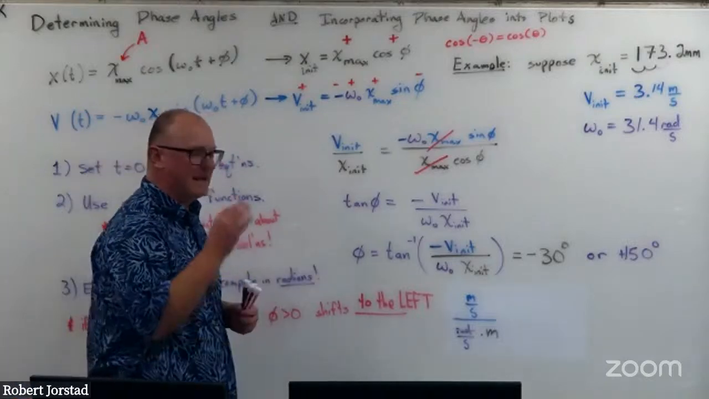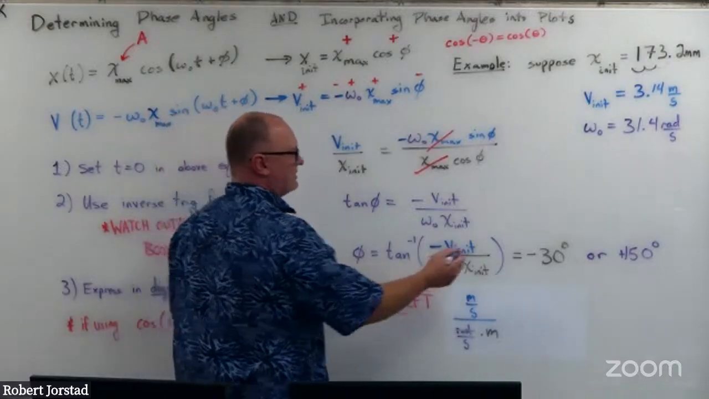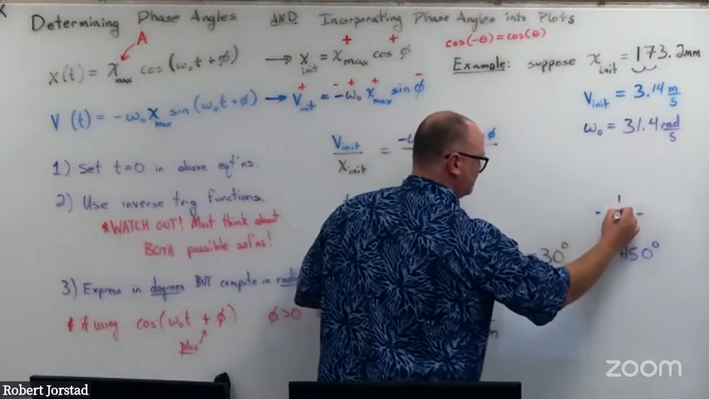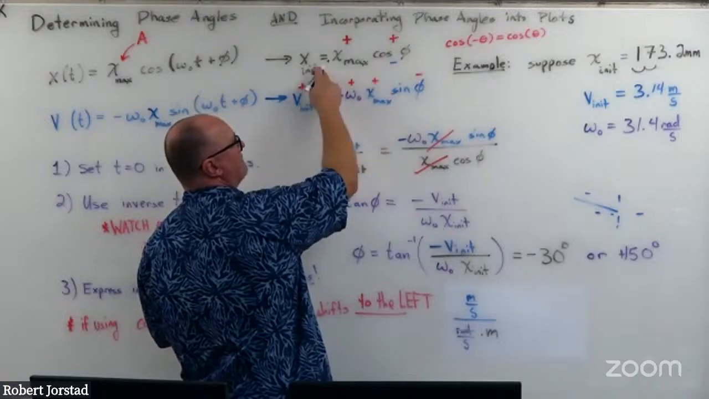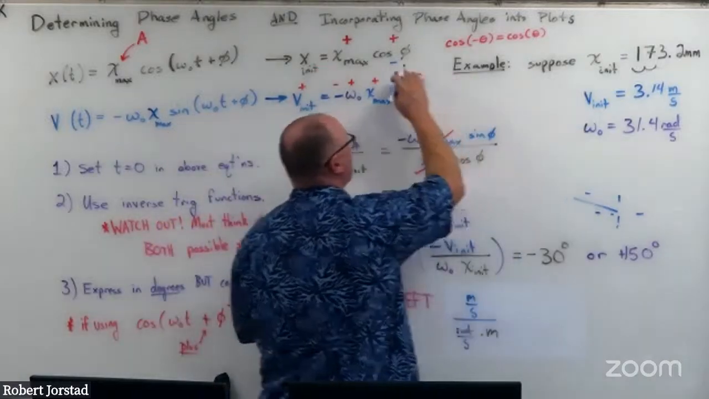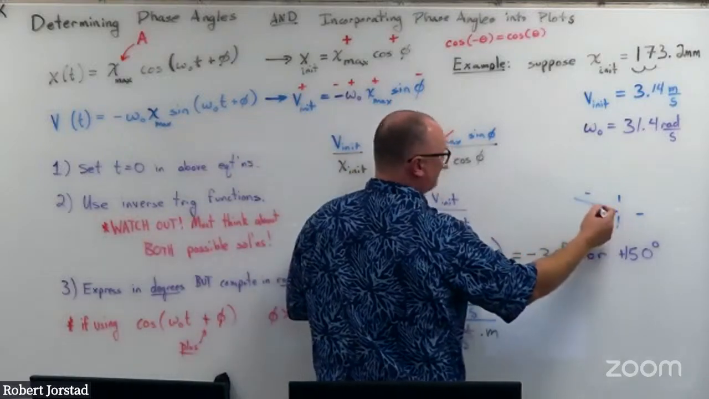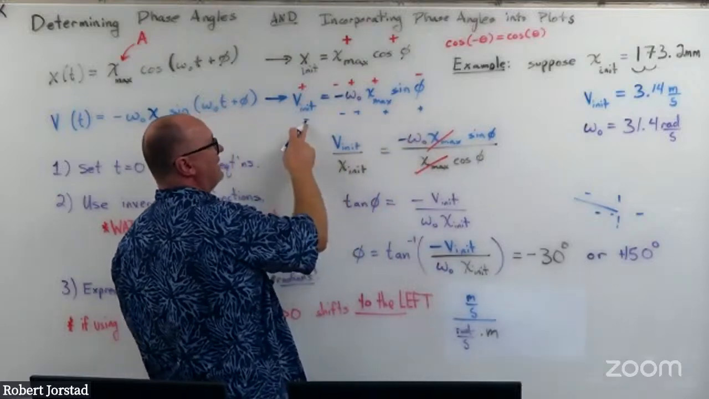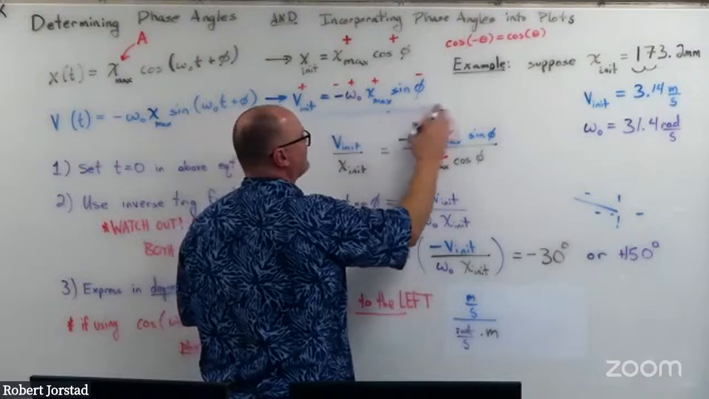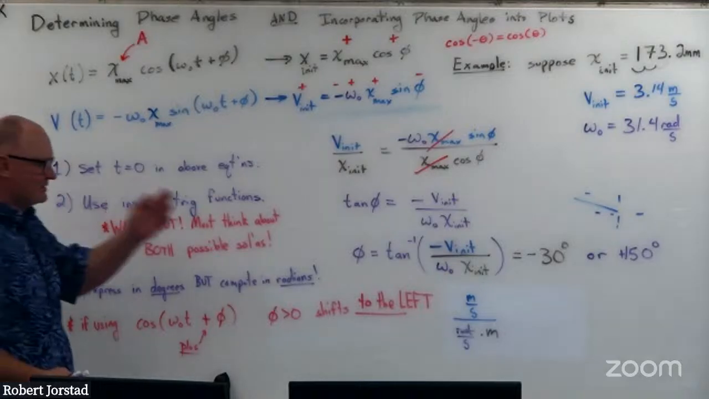Let's confirm it is not 150. If I plug in 150, cosine of 150 is a negative number. This would be negative if I use the 150, so I would get a negative value for x initial, which doesn't match. And down here, sine of 150 is positive, so I get positive, positive, positive, negative. That would give me a negative v initial. So what I was trying to say here is this. Set t equal to 0. Use inverse trig functions. Think about the other possible solutions. You might have to add or